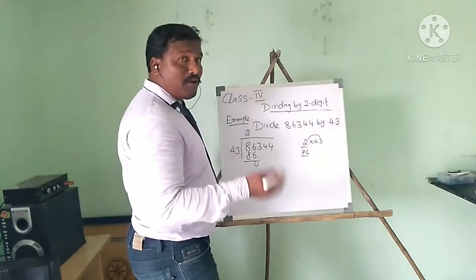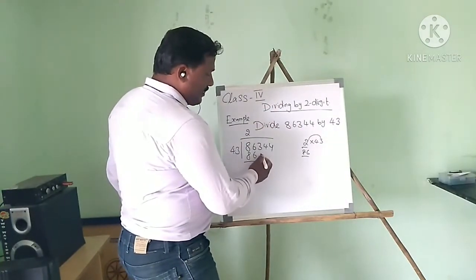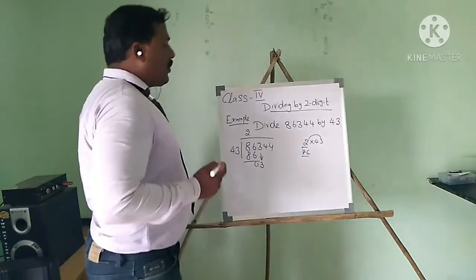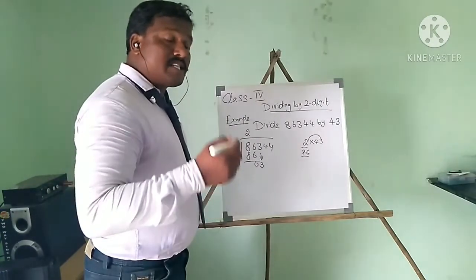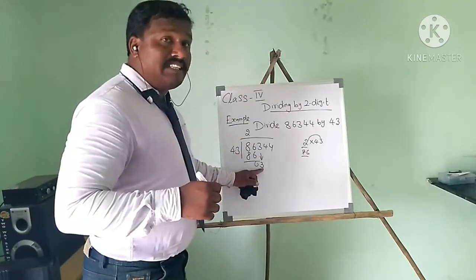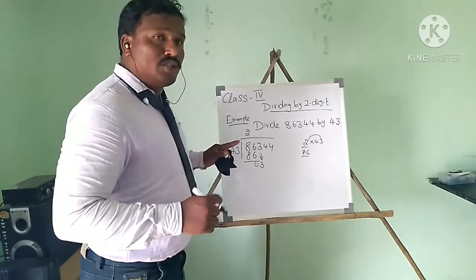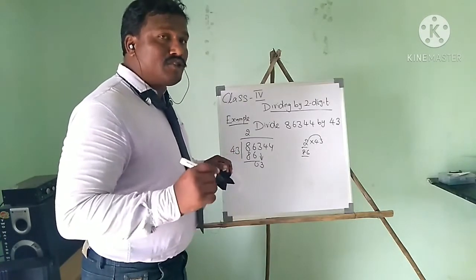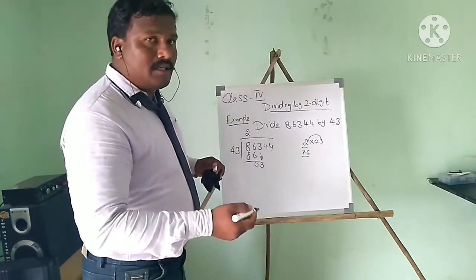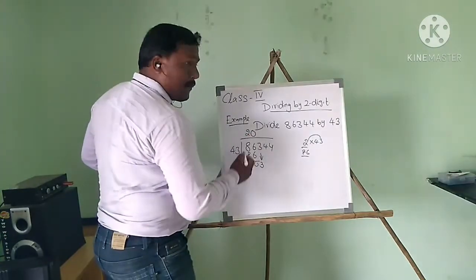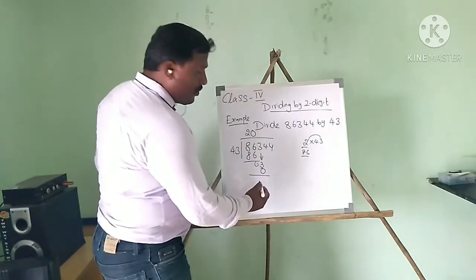So what's the next step? You have to take down one digit, another digit. So 3 is there. Now I will take down 3. I told you every time you have to check the divisor is always smaller than the dividend. But in this situation 3 is smaller than the divisor 43. So we cannot divide. In this kind of situation, what will you do? You have to put 0 in the quotient and the dividend also. See, I will put 0 up and here I will put 0 down. So I will subtract. 3 minus 0, 3.